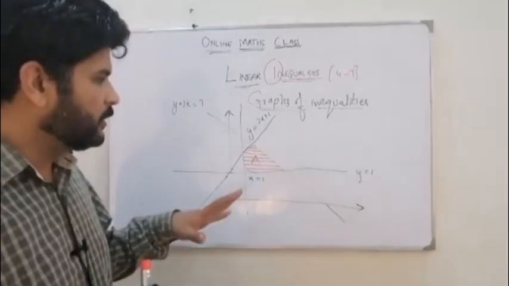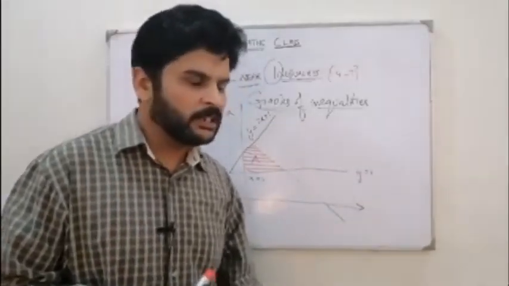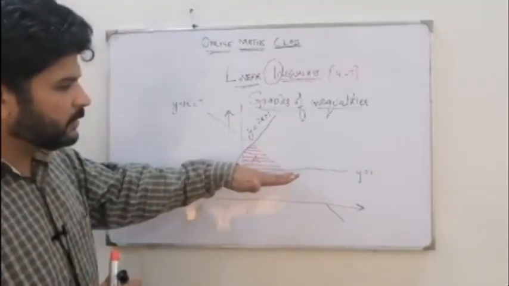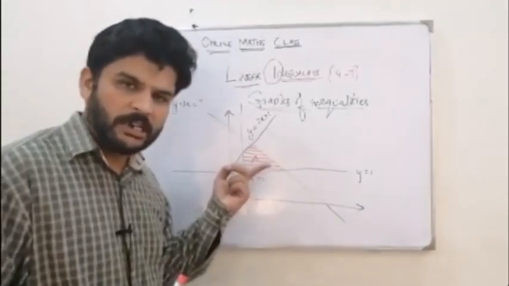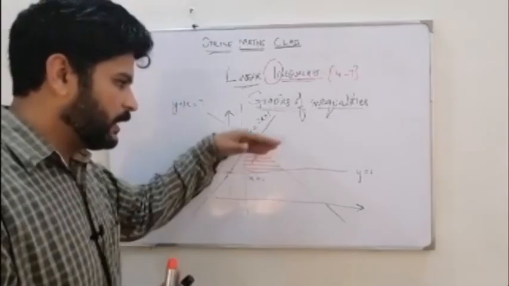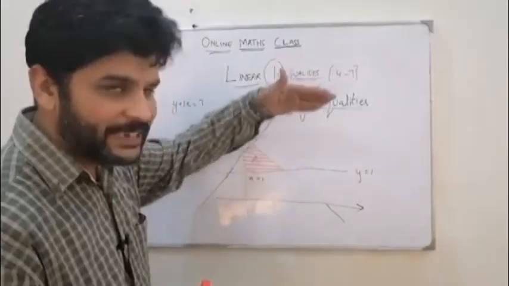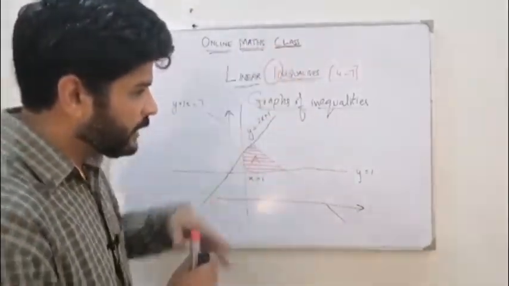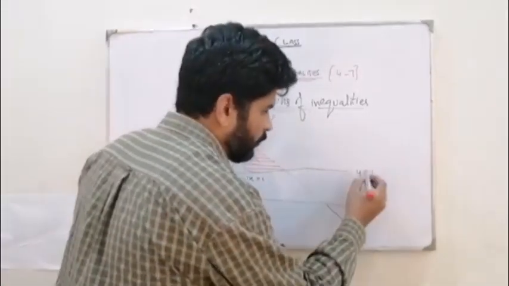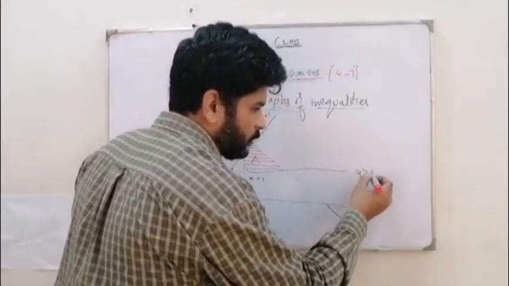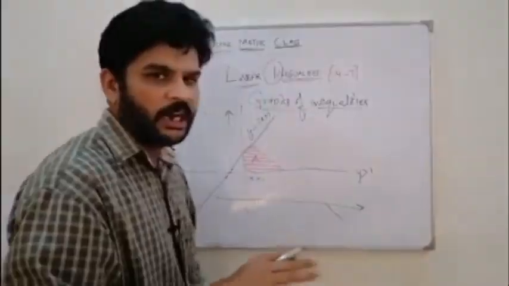For example, let's start with a very basic one, which is y is equal to 1. To make this into an inequality, can you tell me whether the shaded region is above this line or below this line? That's easier to identify. This is above this line. Why is it above this line? When you move above, you know y increases, right? So y is greater. I'm going to convert this into greater, so this will become y is greater than 1. I'm not going to tell you about greater than or equal to right now. I'll tell you in a later part.